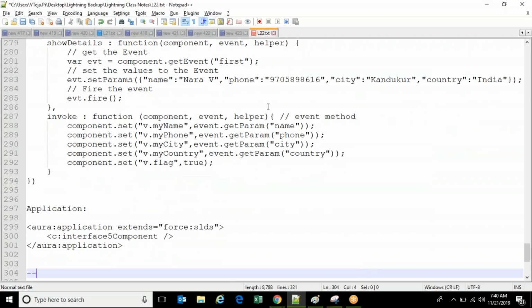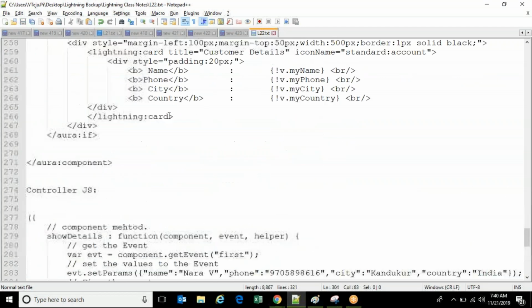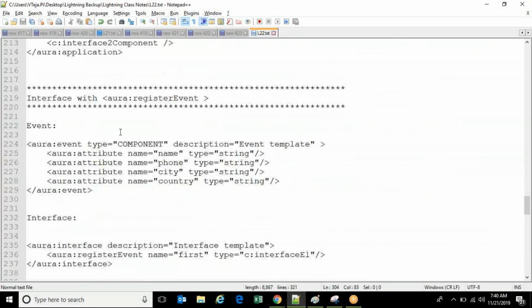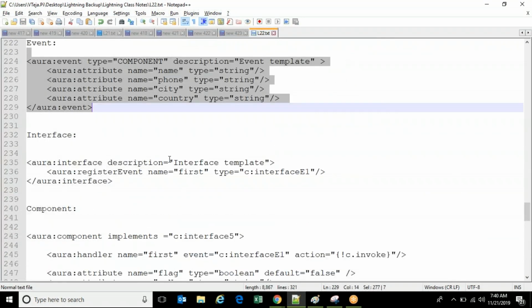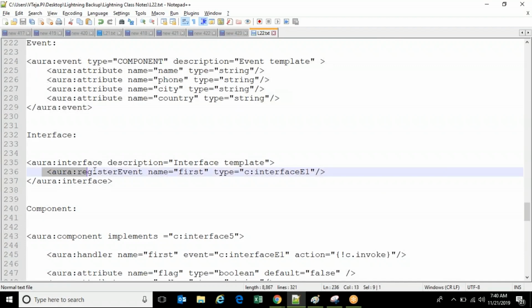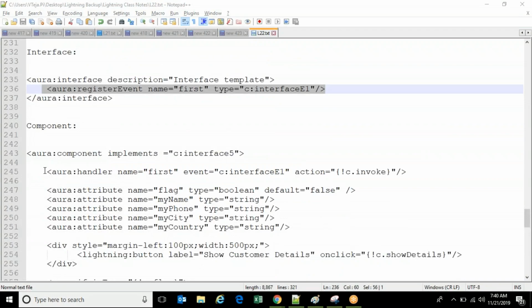So Venkat, you have created an event, okay? Yeah. Then the interface is registering an event, yeah, interface is registering an event, and component is firing an event. Correct. Component is handling the